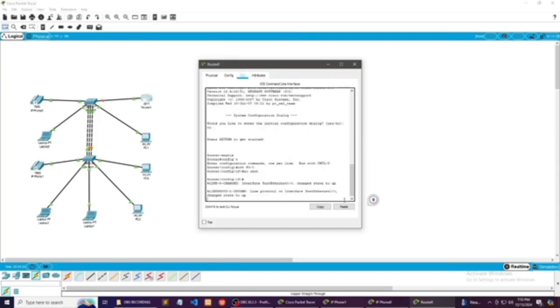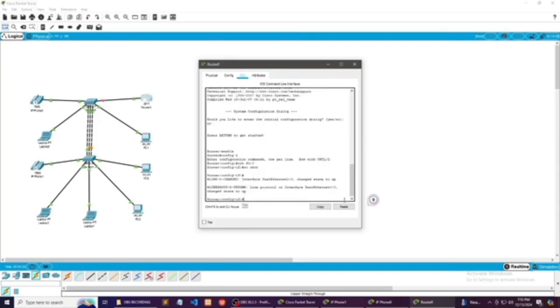Okay, then no shut. After that, enter two times. Then type the IP address, which is 10.0.0.1. That's the IP address that we're going to use.